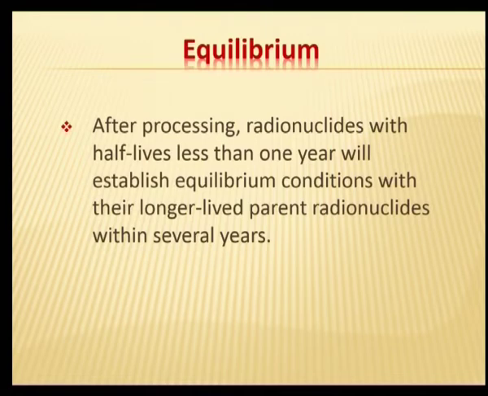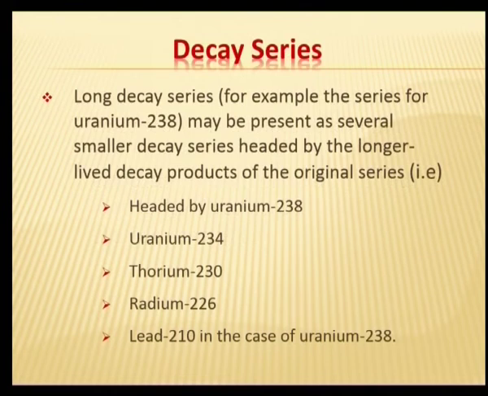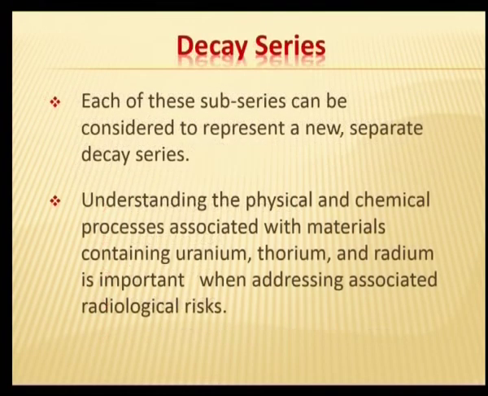within several years. A long decay series, for example the series for uranium 238, may be present as several smaller decay series headed by longer lived decay products of the original series, that is, headed by uranium 238, uranium 234, thorium 230, radium 226, and lead 210 in the case of uranium 238. Each of these subseries can be considered to represent a new separate decay series. Understanding the physical and chemical processes associated with materials containing uranium, thorium and radium is important when addressing associated radiological